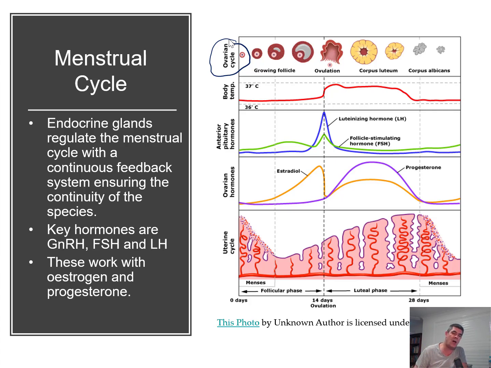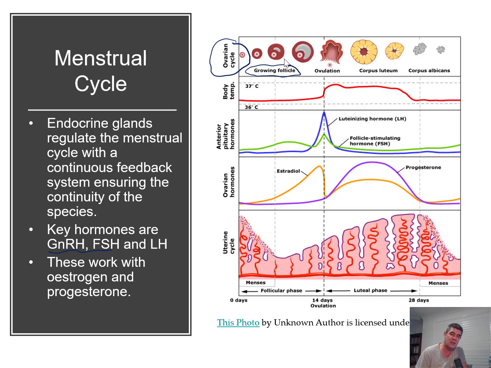They'll ripen one at a time in response to hormones that are released from the pituitary. So what we find happening first is an interaction between a couple of these hormones, the gonadotrophin releasing hormone and the follicle stimulating hormone. The follicle stimulating hormone is the one that in the blood will stimulate the development of a follicle. Basically the follicle is where the egg is, and a few things are going to happen to that follicle